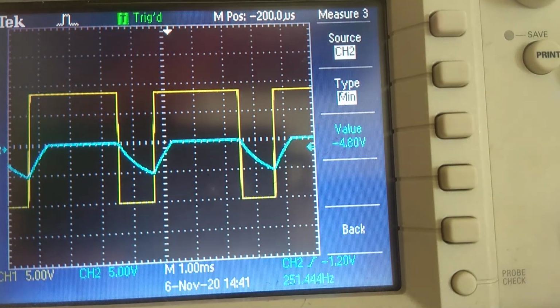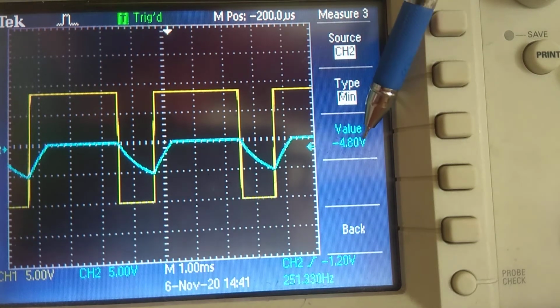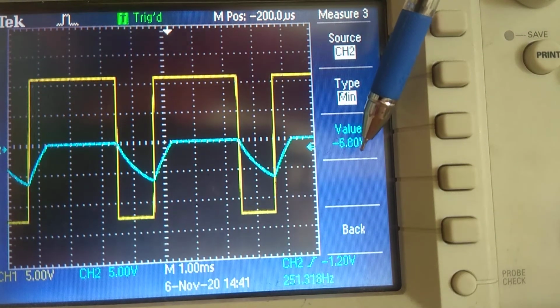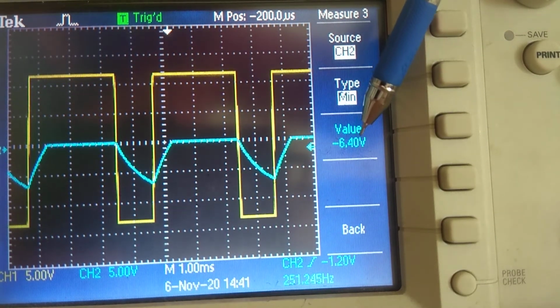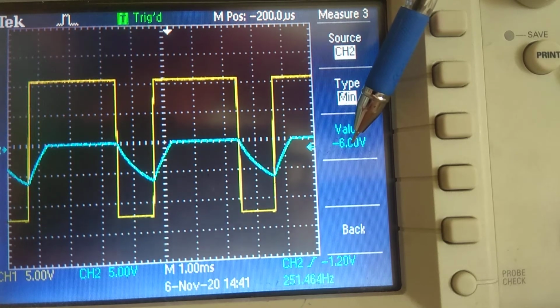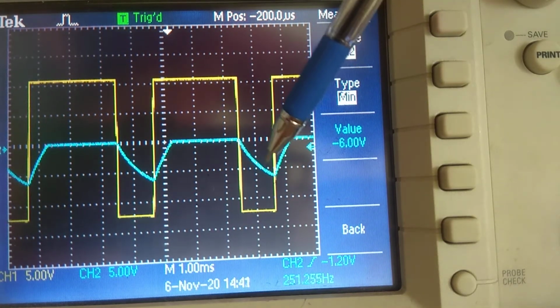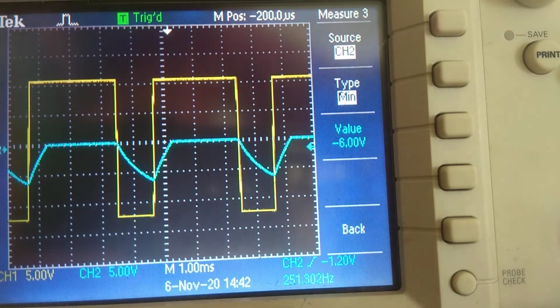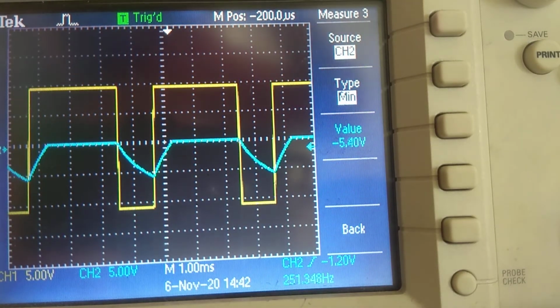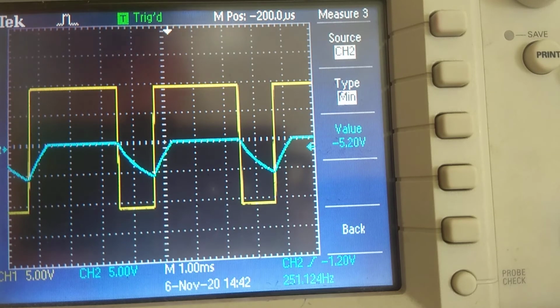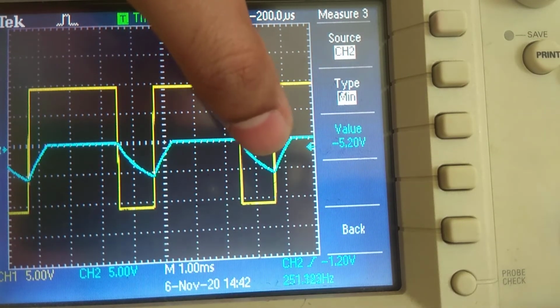Now I am changing the biasing. You see the beta Vset point is also going to change. Now this will increase. Now I have made it 12 volt. Now it is around minus 6 volt. So it depends on the biasing. This is the cause for changing the beta Vset, the biasing value only.